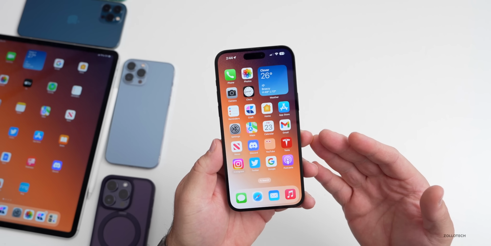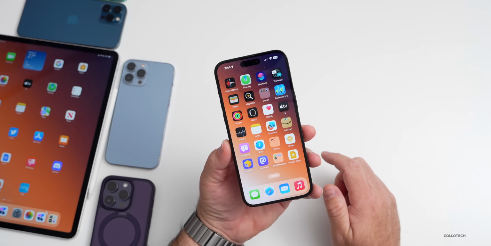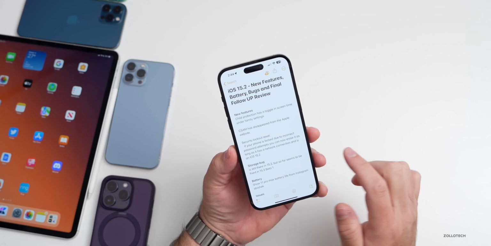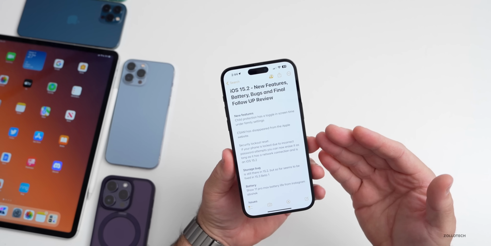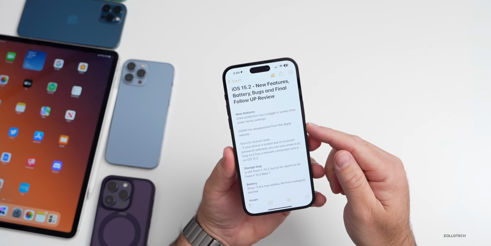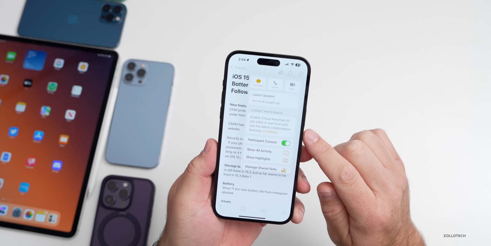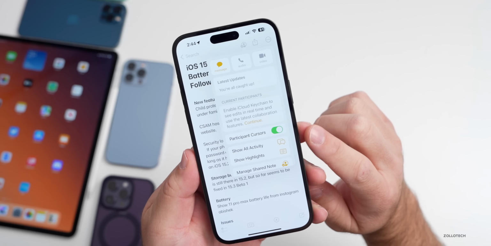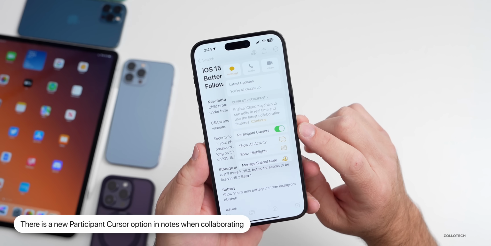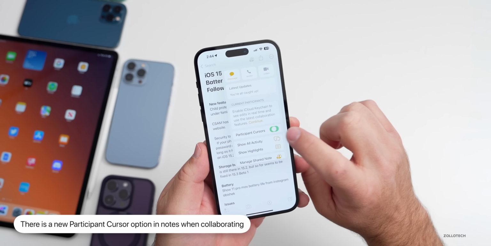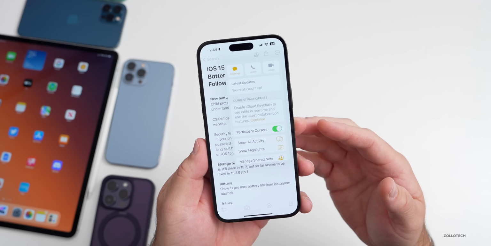Now, the first thing is within Notes. I mentioned before, one of the new features in iOS 16.2 is that it will actually show you when you're collaborating with someone that there's a little cursor there and that they're actually changing something in real time. If you're in a note that you're collaborating with someone on, and this is one I had from a long time ago, if we go to the person in the top that we're collaborating with, we'll have a new option here for participant cursors. So there's an option, make sure it's turned on. It's on by default, but if it's off and you don't want to see that, you can turn it off. It will stop showing you the cursor and what they're updating in real time,